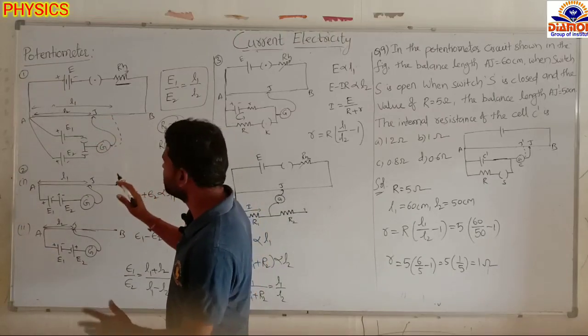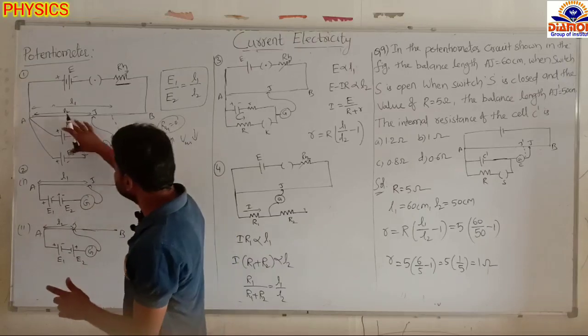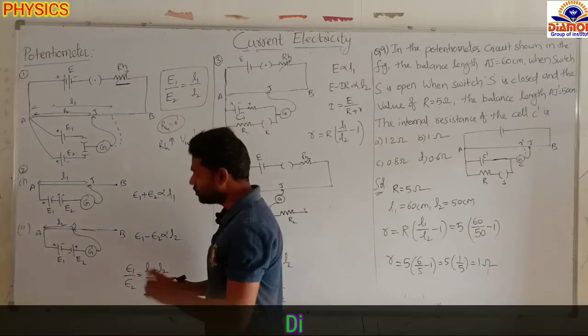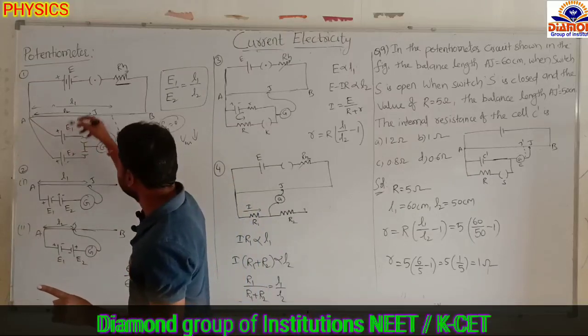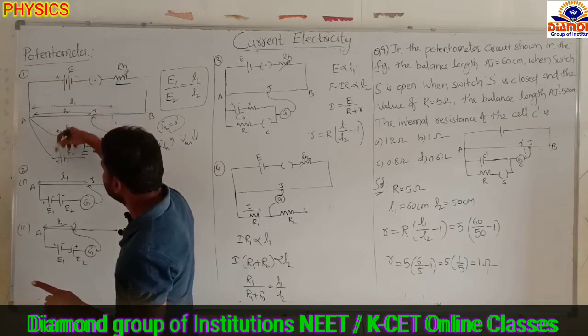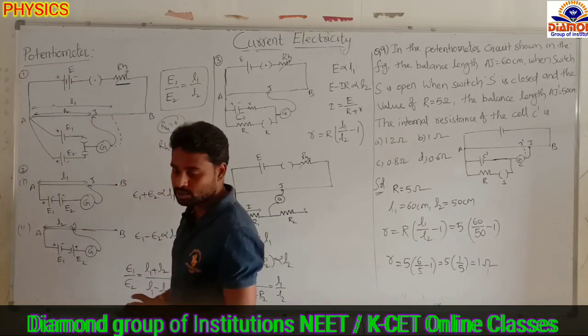If you are not getting zero deflection, either the polarities are in the reverse direction, or the EMF of the cells is more than the supplying cell. So you have to take care that the cell's EMF is less than the supply, and the polarities coincide, same side, same polarities. Now I am going to compare the EMF of these two cells.